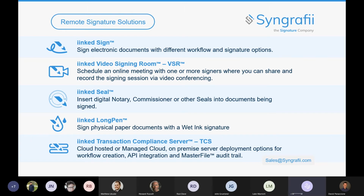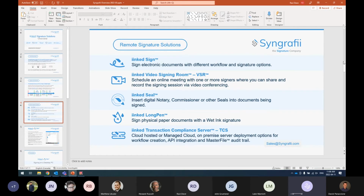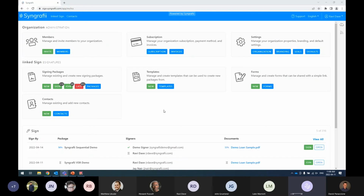So with that, what we'd like to do is just switch over very quickly to the inked platform so that we can show you the workflow options and walk you through a couple of demonstrations. I wanted to just jump into the platform today. In this integration through iManage with Arbro, you essentially will be creating signings from within iManage, having them sent out